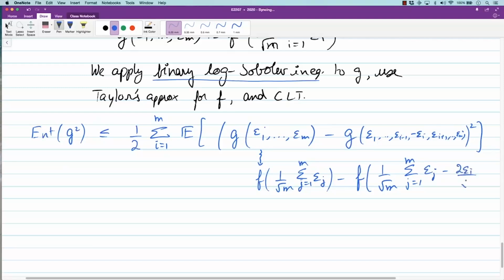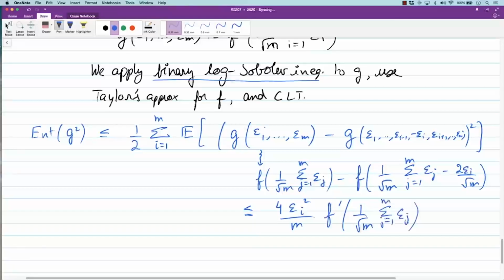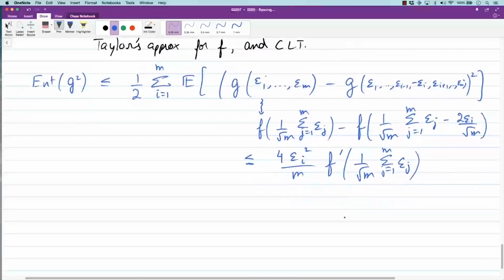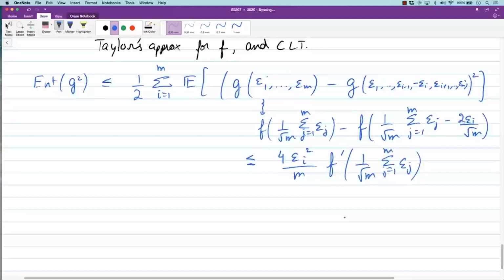Minus 2 epsilon i by root m. So when we do the Taylor series approximation, this is less than or equal to 4 epsilon i square by m for this part, and the derivative here, f prime of 1 by root m summation j equal to 1 to m epsilon j. Okay, great. So this implies that the entropy of